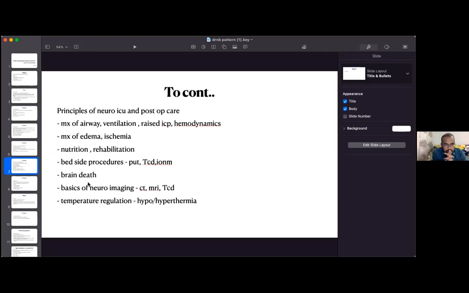So you guys have to read all the medico-legal aspects of brain death. What is the criteria which has been followed in different countries? I think there are some differences between the countries' protocols. I remember reading this topic, and I can share it. So you should be thorough in brain death criteria and types of apnea tests, and then maintenance of